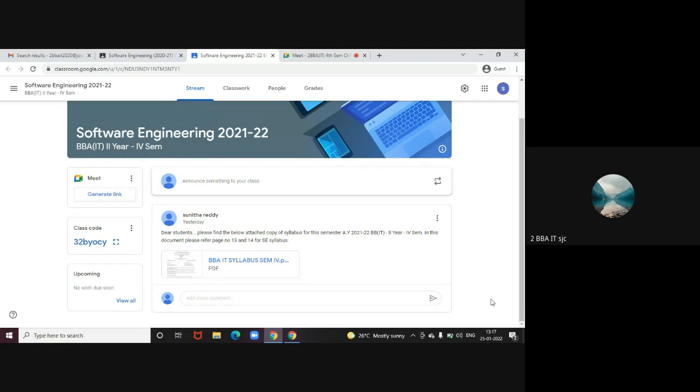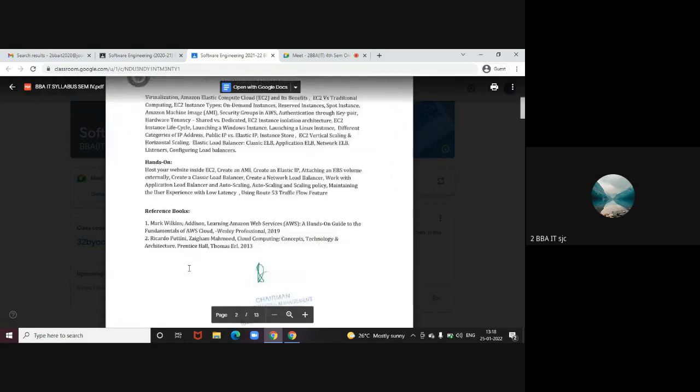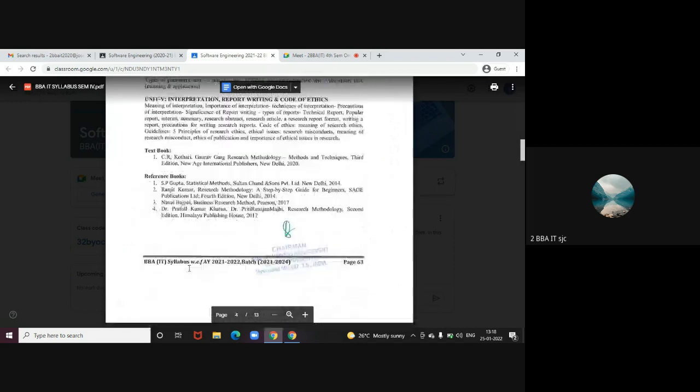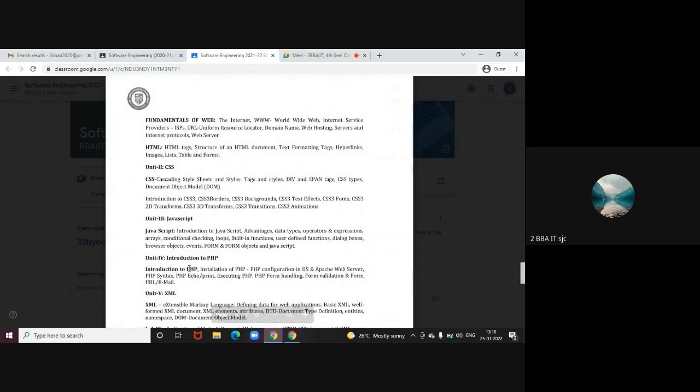Maybe I can implement the same kind of plan here, with 3 internals. Internal 1 and internal 2 are theory. Internal 3 is practical. Please do remember, internal 1 and internal 2 are theory, internal 3 is practical. Maybe you can raise a question, ma'am, just now you are telling that there are no practical things in this software engineering subject, then what do we do in practical? Yes, we do have some practical things. I'll let you know. So internal 1, 2 theory, 3 is practical, and the average of these 3 internals is 30.